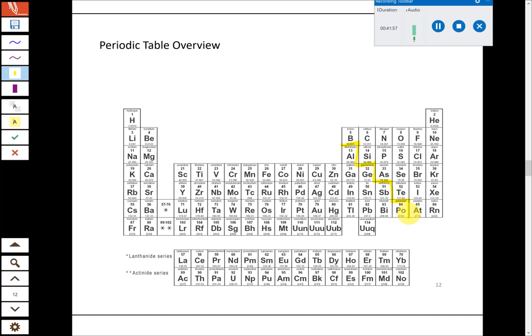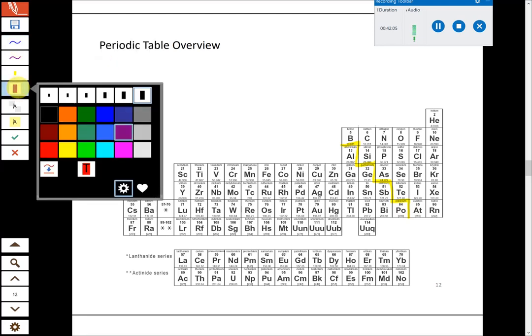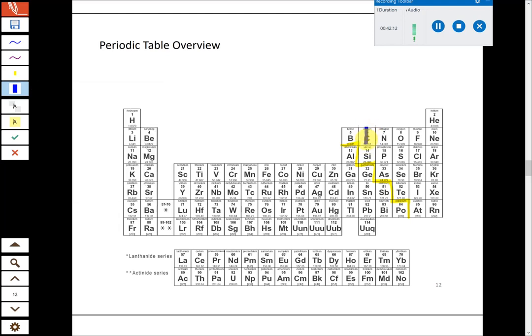So we'll do the nonmetals first, because we're not going to break these down in much more detail. For the nonmetals, you're going to have everything here in these right columns. Now, some of the elements that are right on the borderline are going to be a slightly different category. So carbon, nitrogen, and phosphorus, oxygen, sulfur, selenium, and then all these last two columns. Those are all classified as nonmetals. Everything to the right is a nonmetal. Okay? Everything to the left is a metal, but there are a few that are on the borderline,